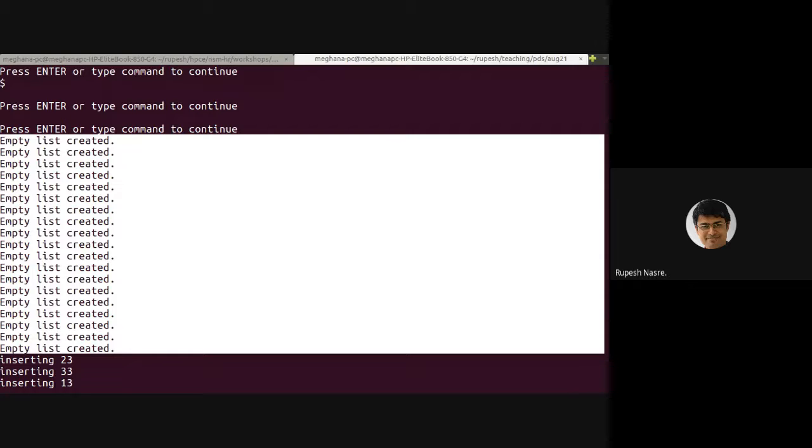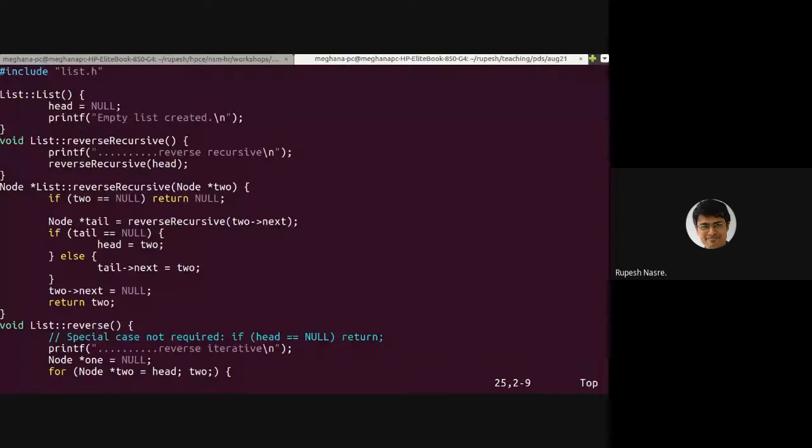We are creating 19 such lists because it's an array of 19 elements, and therefore "empty list created" must be there in list.cpp's constructor. If you look at this constructor, it is going to get called 19 times, as the number of elements in the array is 19. This is where the problem lies with some of the magical things that happen in C++. Many times constructors and so on get called automatically.